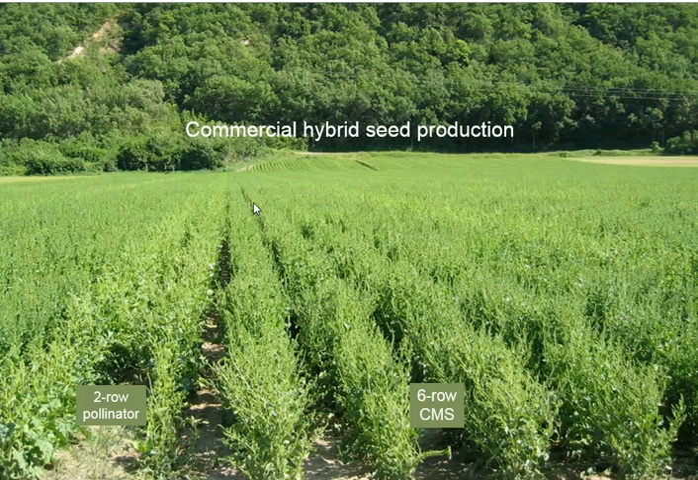Okay, as far as commercial hybrid seed production, I hope you can see this. You might have to stand back a little bit. But you can see that there's 2 rows of a pollinator. So this is going to be producing pollen, of course. And then there's 6 rows of a cytoplasmic male sterile. So these could be transplanted. These could be direct seeded. And what we have then, it would be the grower going in and just harvesting the seed from the CMS